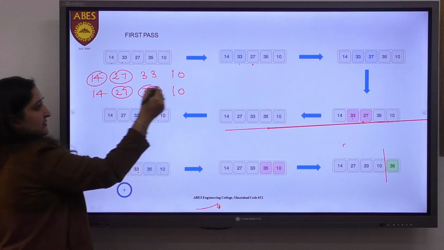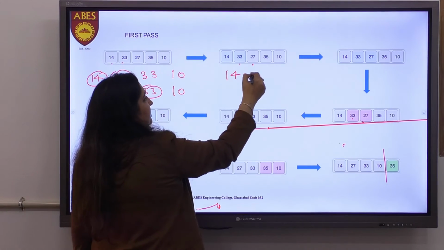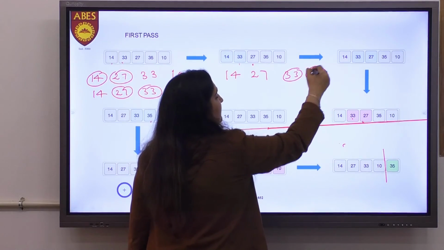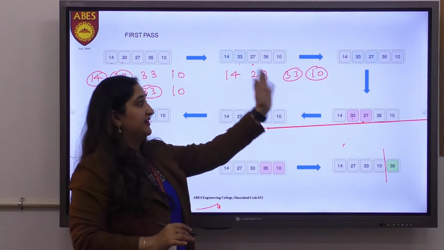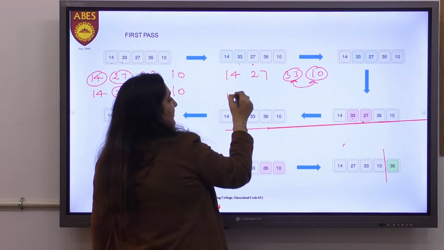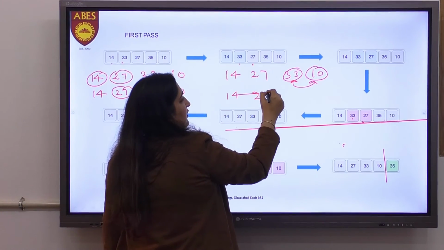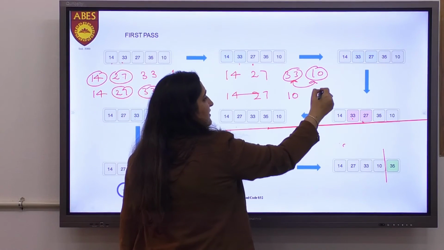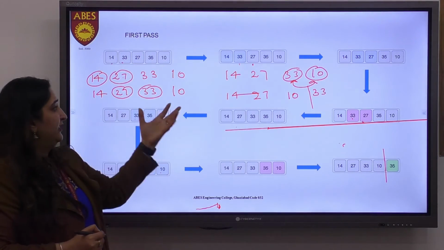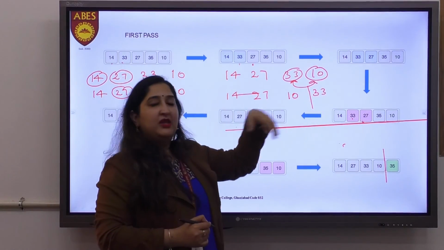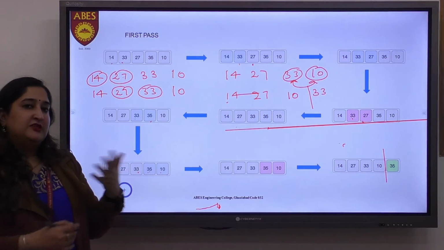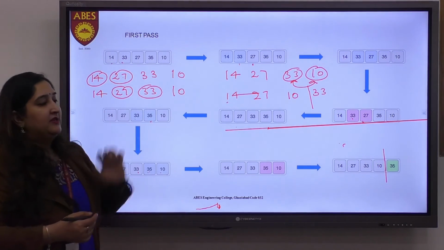So I will move to the next two elements, 33 and 10. I will check these two elements. These two are not at correct places because 33 is greater than 10, so we have to swap these two elements. After swapping, since we have exhausted the whole list, 33 has risen to the bottom of the list, whatever the pending list is, this has risen to the top of that. Now I am only left with 14, 27 and 10, and this procedure will go on till I get the sorted list.